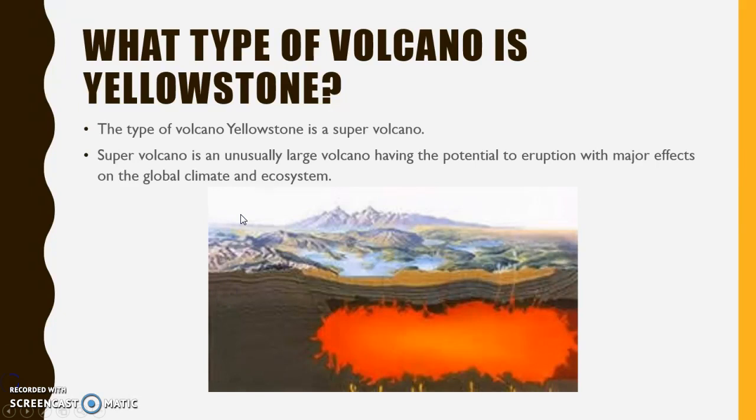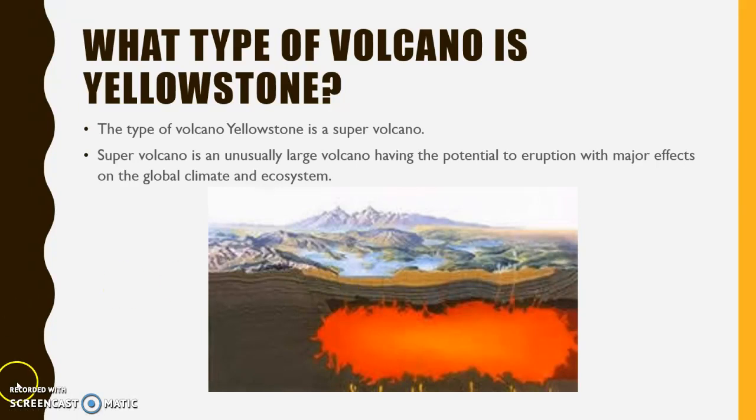What type of volcano is Yellowstone? Yellowstone is a supervolcano. A supervolcano is an unusual volcano having the potential to erupt with major effects on the global climate and ecosystem. So a supervolcano is just a volcano underneath all this land that has the potential to erupt but hasn't